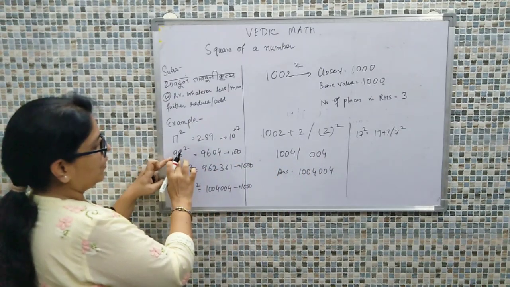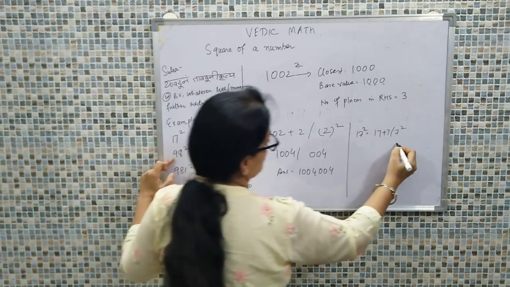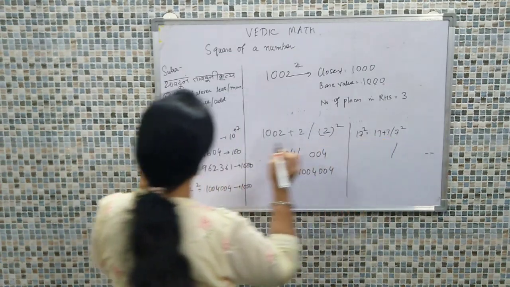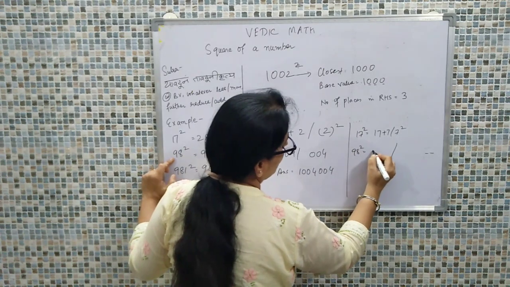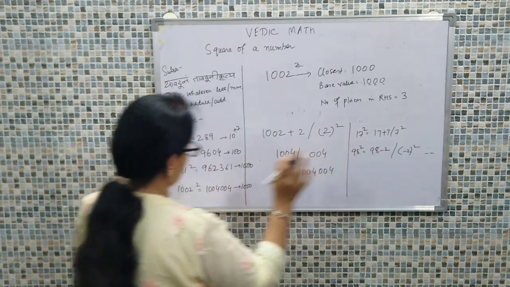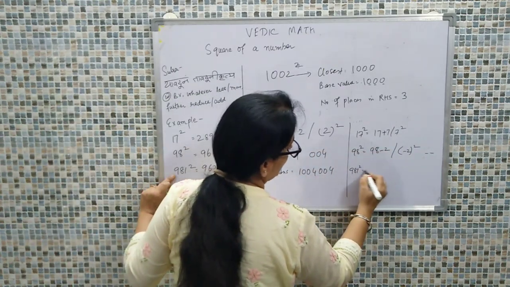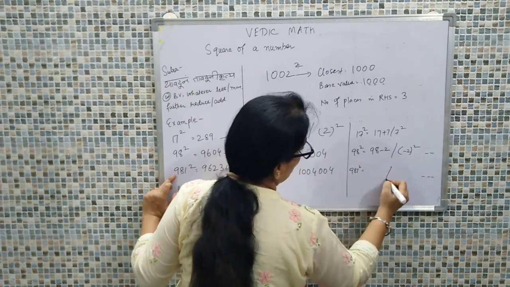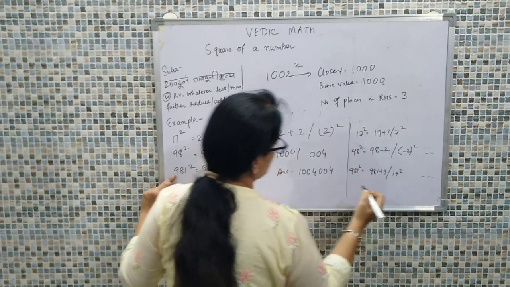Okay, when we talked about 98, it was close to 100. 100 means 2 places. हम RHS में ध्यान रखेंगे हमें 2 प्लेसेस करना है. 98 को जब हमने कंपेयर किया तो 98 का स्क्वायर के लिए हम क्या लिखेंगे? 98 - 2 और -2 का स्क्वायर. सिंपल. जब हमने 981 की बात की तो 981 का स्क्वायर हमें निकालना है. 3 प्लेसेस लेंगे. कितना डेफिशिएंट है? It is 19 deficient. सिंपल 19 का स्क्वायर हो जाएगा.